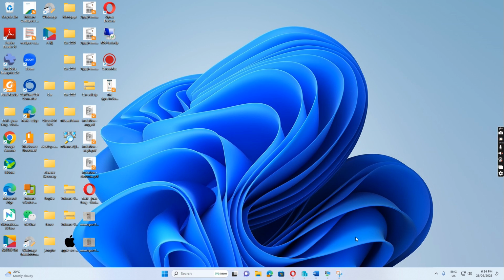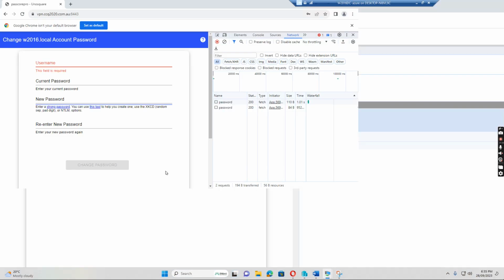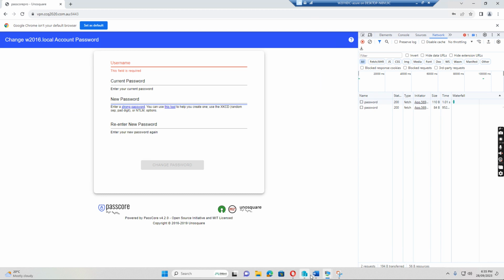So there are other options. If the company has Office 365, they can set up self password reset through Office 365. But for companies that don't have Office 365, they want to change the password by the user himself. So this is the way we can do this. Normally I have a domain controller. So in the domain controller, we go to the